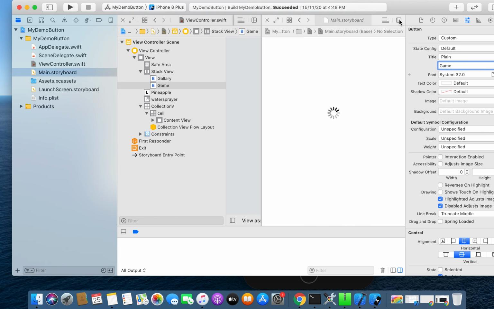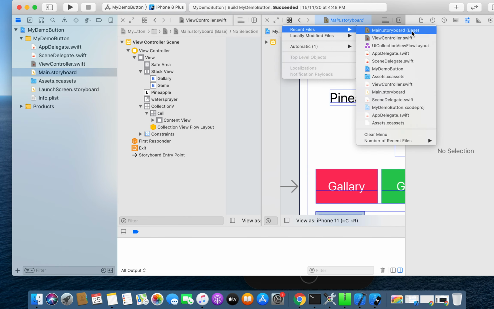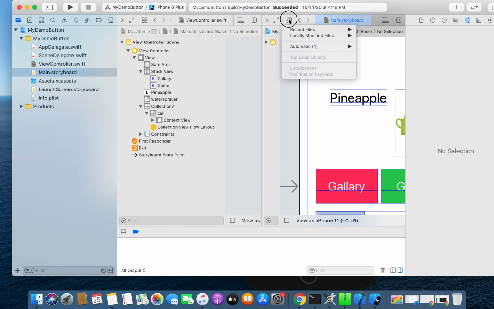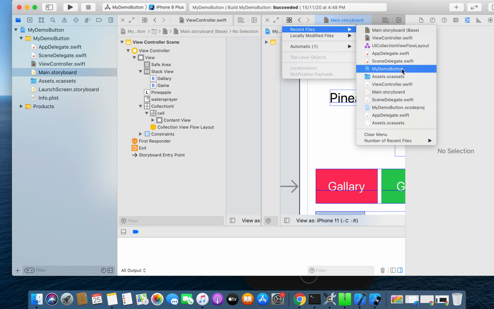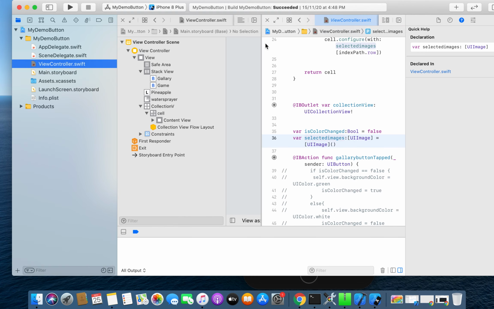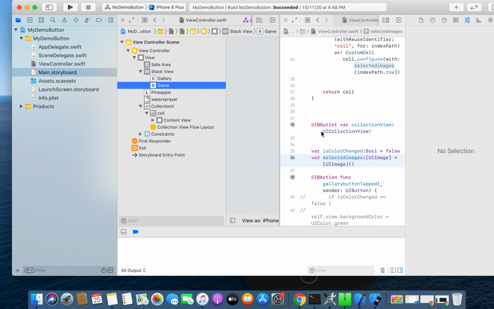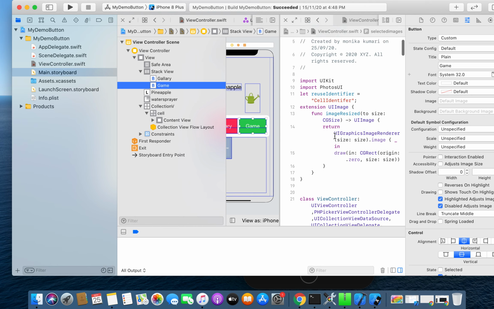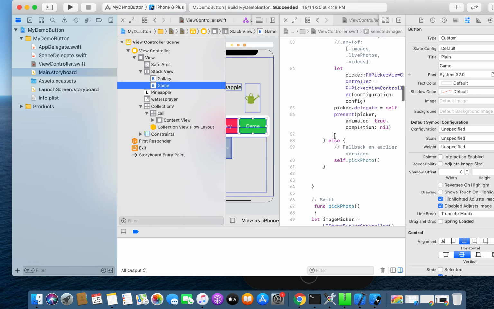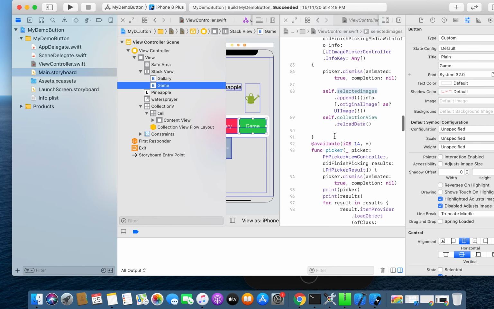So I will add an IBAction for this game button, going to my recent file, the ViewController.swift file. So I am inside this,